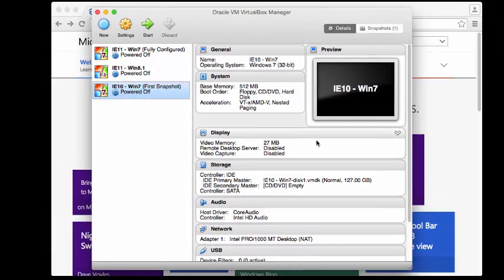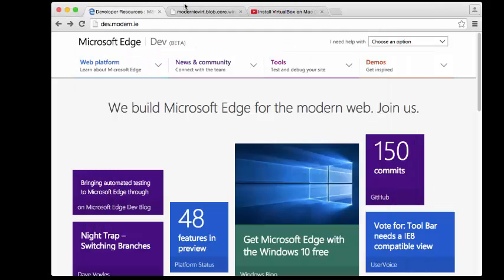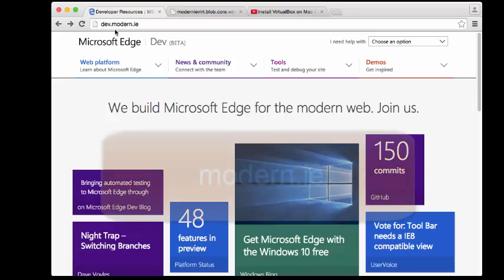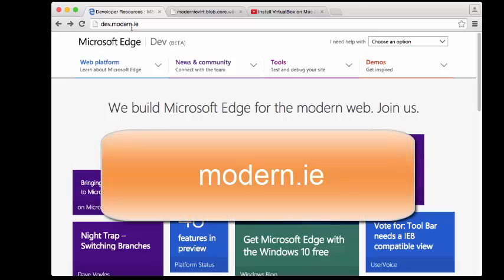In this tutorial, I'll demonstrate how to install an instance of Windows running some version of Internet Explorer here in the Oracle VirtualBox Manager on a Mac computer. Now, to get the instance of Windows, you can simply go to the Microsoft website at modern.ie,